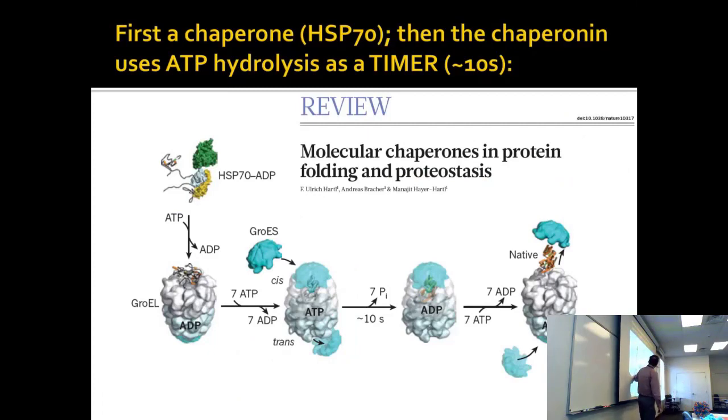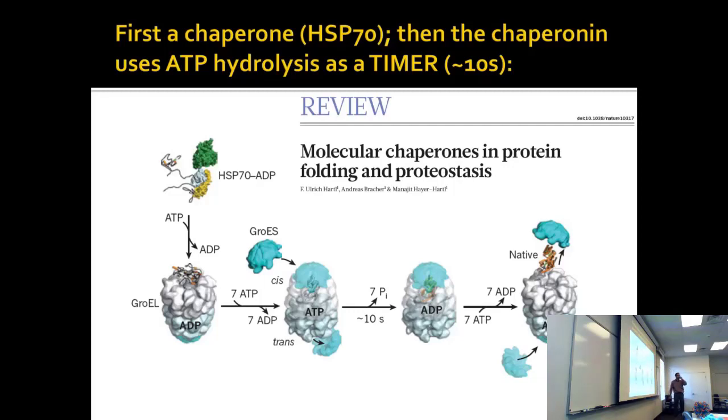It sits on the box, and then what it does is it waits until 7 ATP are burned. The reason for that is not to use their energy, it's just to act as a timer. Because it takes about 10 seconds to burn 7 ATP, and that's enough time for the protein to get its act together. It's more compressed, and it's able to find the good interactions, form the native state, then the lid pops off and the protein goes out, and it's no longer got sticky unfolded intermediates. By the way, notice that this has both kinds of chaperones. First, it has a heat shock protein, small chaperone, and then it has the large chaperonin that is the GroEL